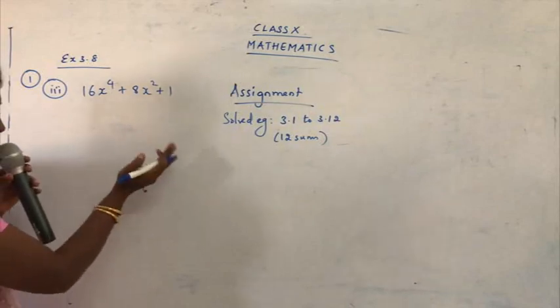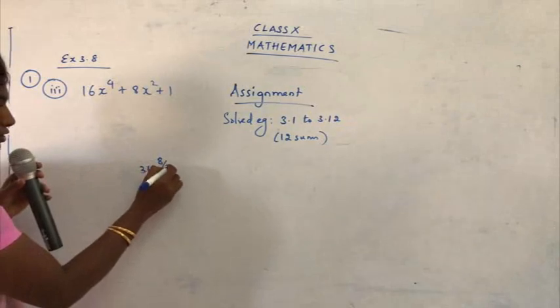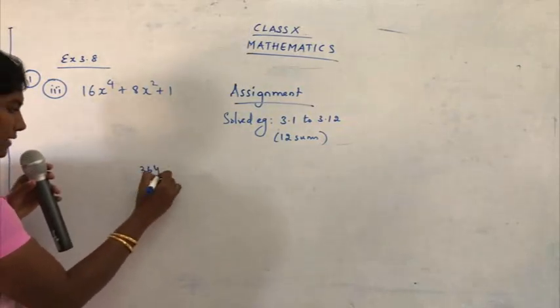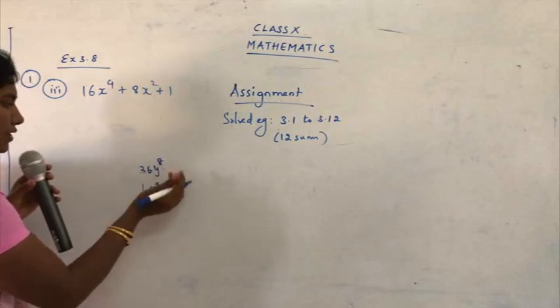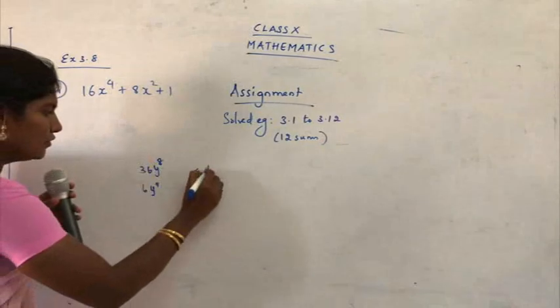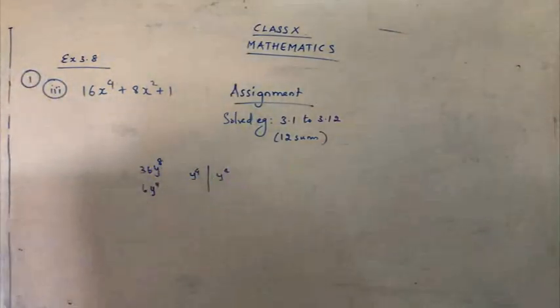Just divide it into 2 parts. So you get y raised to 4. It's not dividing by 2. It's not this 2. Just you have to divide. We can just get the same answer. But remember, y raised to 8 means make them as half. So 4 part here, 4 part here. So what is the square root of y raised to 8? It's y raised to 4.